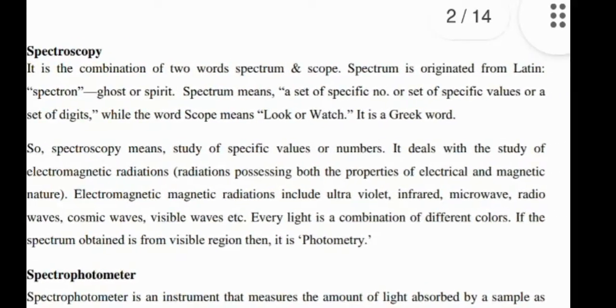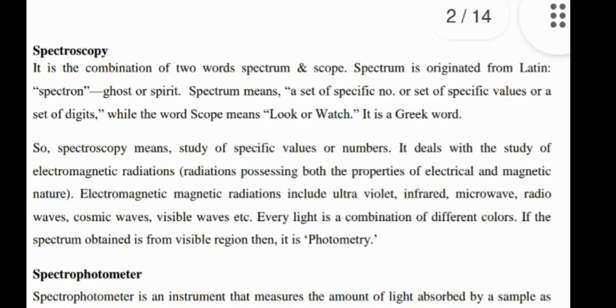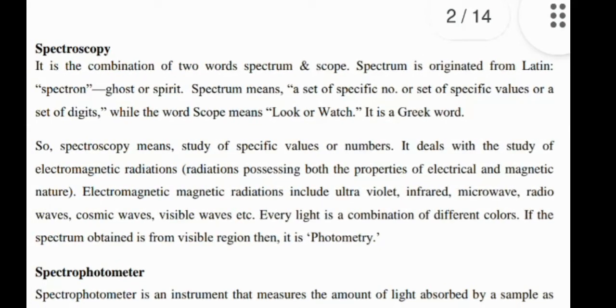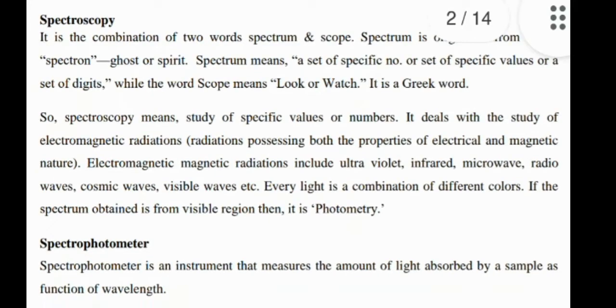First of all, you have to know what is spectroscopy. It is a combination of the two words spectrum and scope. Spectrum originated from the Latin spectron, ghost or spirit, and spectrum means a set of specific values or a set of digits, while the word scope means look or watch, and it is a Greek word. So spectroscopy means the study of specific values, and it deals with the study of electromagnetic radiations, and electromagnetic radiations include ultraviolet, infrared, microwave, radio waves, cosmic waves, visible waves, and many